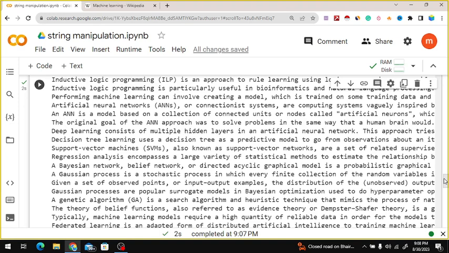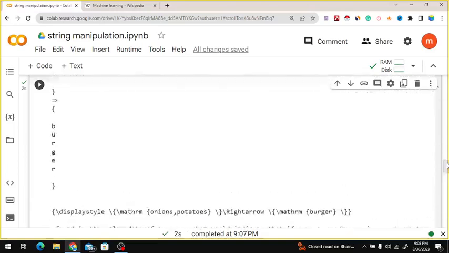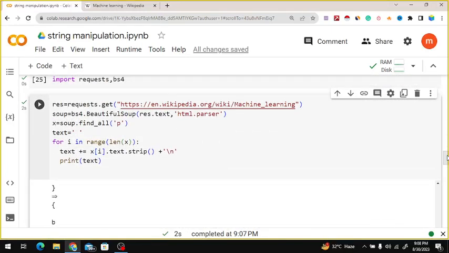In this example, we can see the paragraphs are joined as single string objects. I hope everyone can understand how to manipulate these strings, and this is the way you can manipulate them.